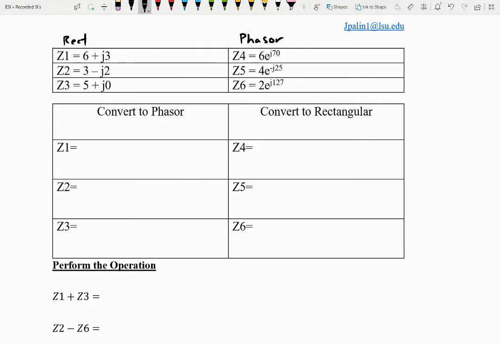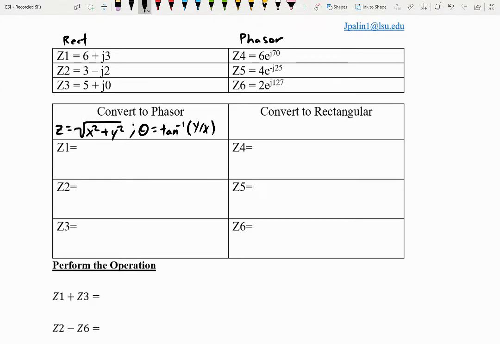To convert to phasor, what we're going to have to do is find the z value, which is more of a magnitude. We get that by taking the square root of the sum of the squares of those values. Then we also need to find the theta. We'll get that from tangent inverse of y over x. Just need to make sure. Okay,